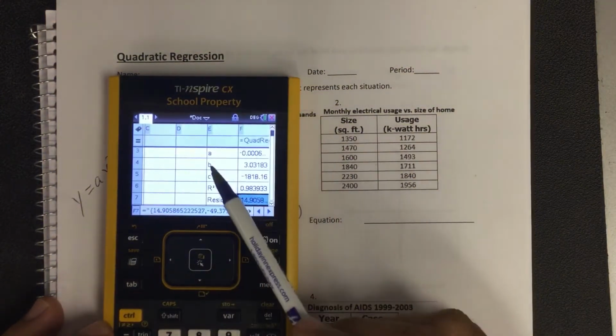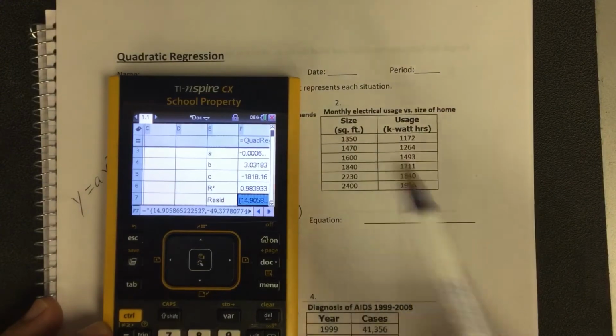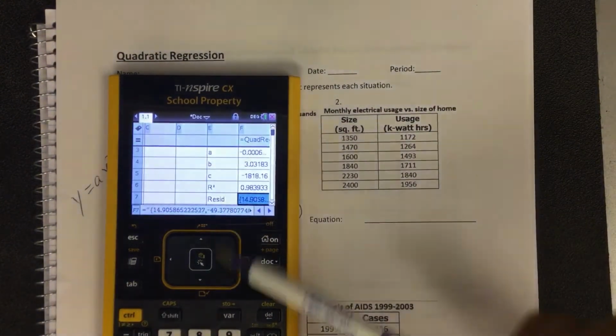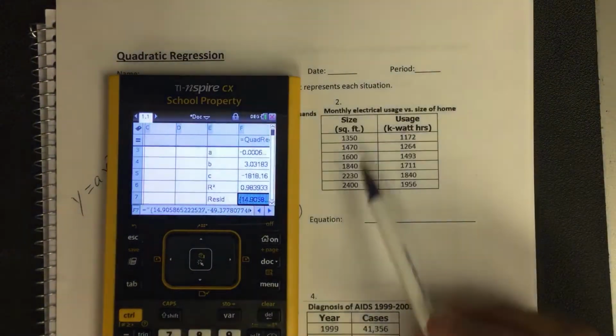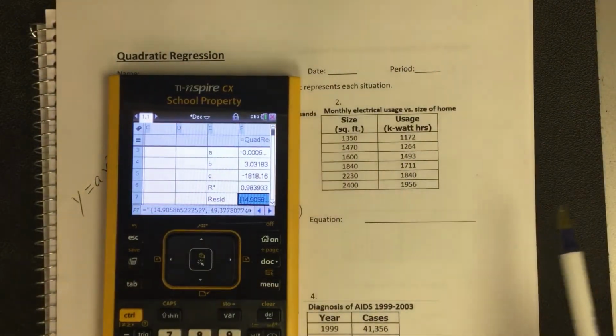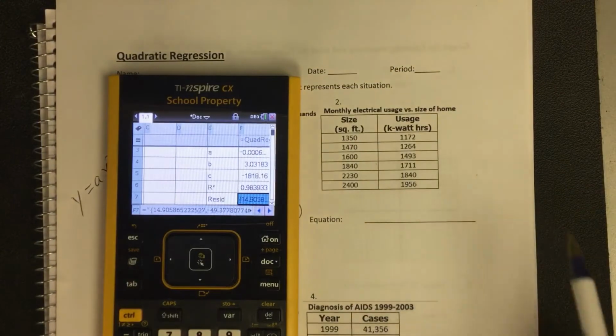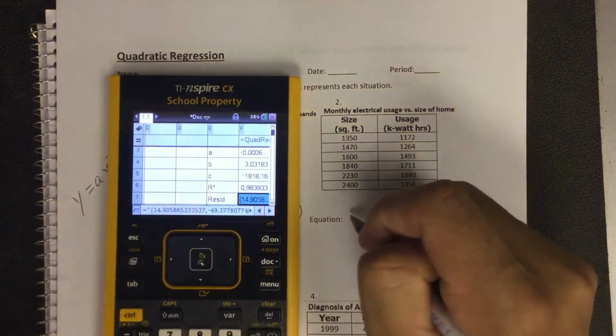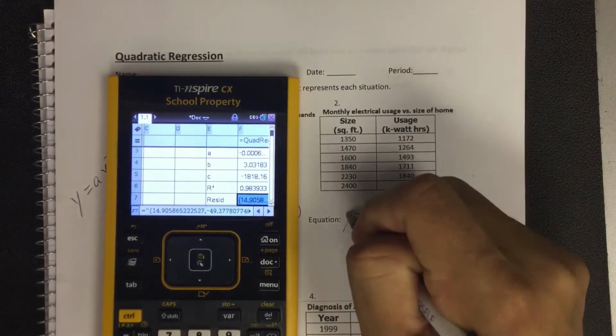It changed my A, B, and C. Notice these are new numbers here. I can always start it over, but if I already have it there, I could just copy over the table, put a new table in, and it'll fix it. This one even had one, or I deleted some numbers and all that, but you can just start it all over. So this is, again, y equals